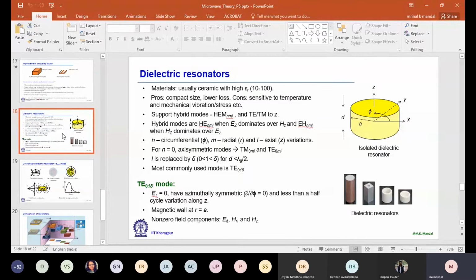So as I said, at low frequency it is very popular. Now, in this class, it is just an introduction to dielectric resonators. Now, what are other advantages? Another thing, since we can avoid metal, that means we can avoid conductor loss, and with increasing frequency, conductor loss increases. So we can avoid that. But at millimeter wave frequencies, usually we don't prefer these dielectric resonators.